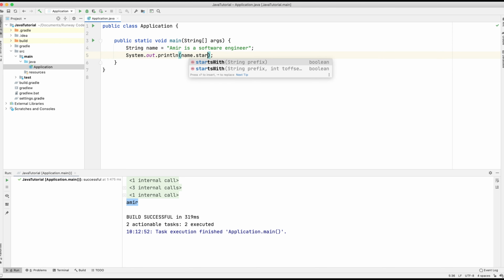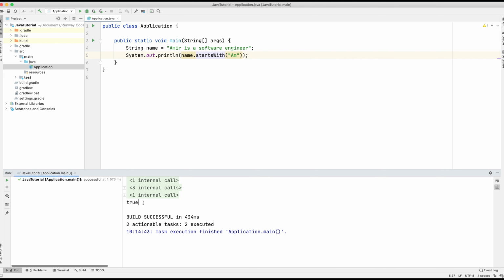Name dot startsWith, and it's the first one here, so startsWith a prefix. And now we need to provide it with a string prefix. You can see that the beginning of this string is AM. So let's type out AM, and we should see that this method will print out true to the terminal, because we're printing out name.startsWith, and startsWith returns either true or false. So let's run the application, and you can see it's printed out true